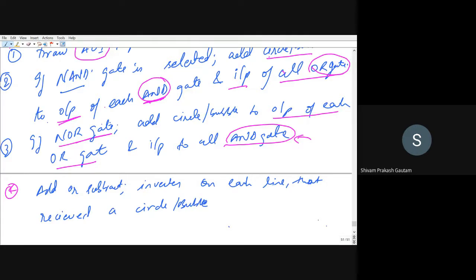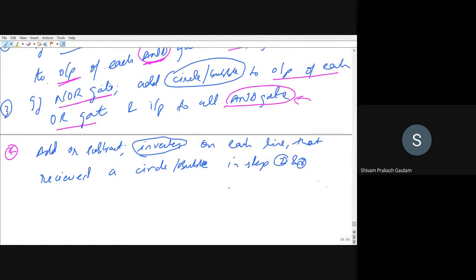Now you have added circle and bubble, right? Then you have to nullify that effect as well. So you have to add an inverter to each line where you have applied a bubble or a circle in step 2 and 3. Wherever you have applied a circle and bubble, you have to add an inverter to that so that the effect can be nullified.